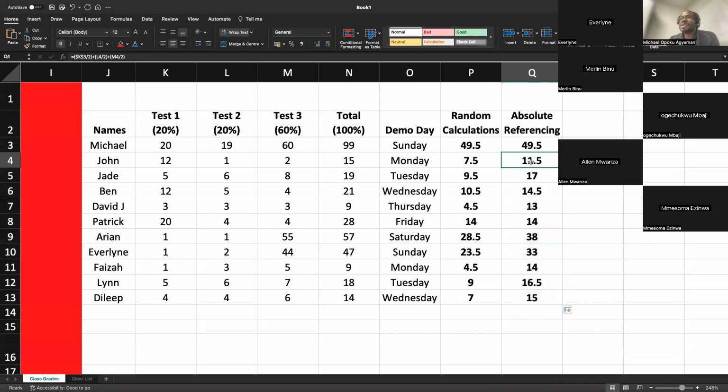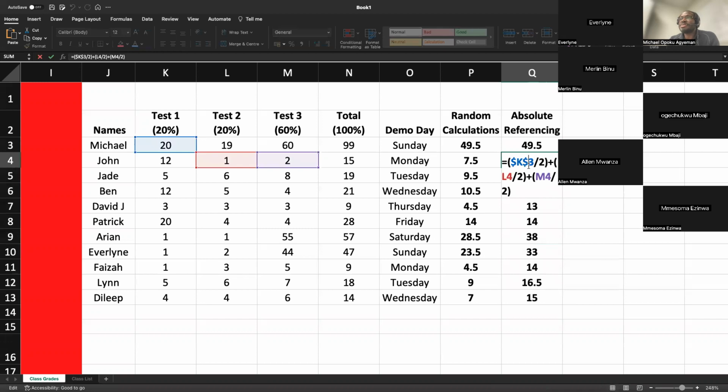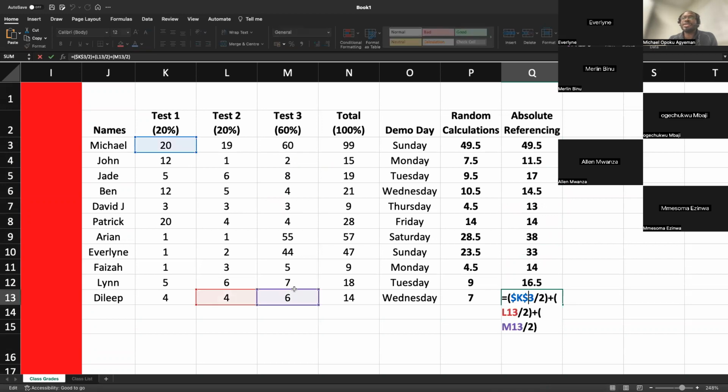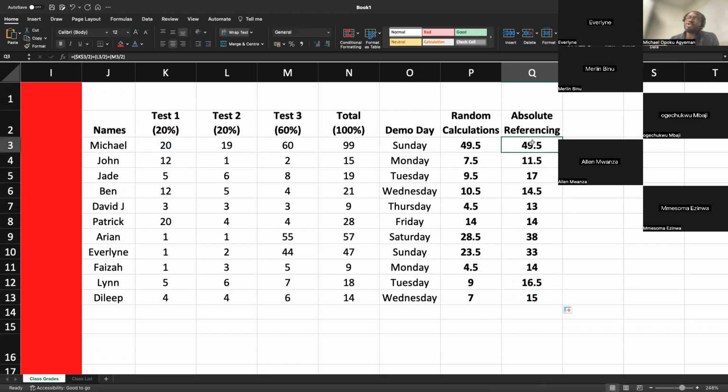If I go to the next one, look at the content, you notice K3 is kept, it's moved to L4, and then M2 is moved to the next line for the others. Then I go here, the same K3 is kept. If I go here, K3 is kept again, all the way down, K3 is kept. So I want you to try this, and in the next column, you will try to keep,